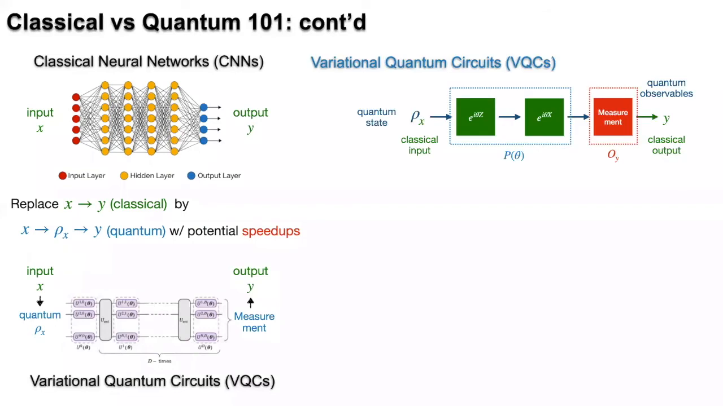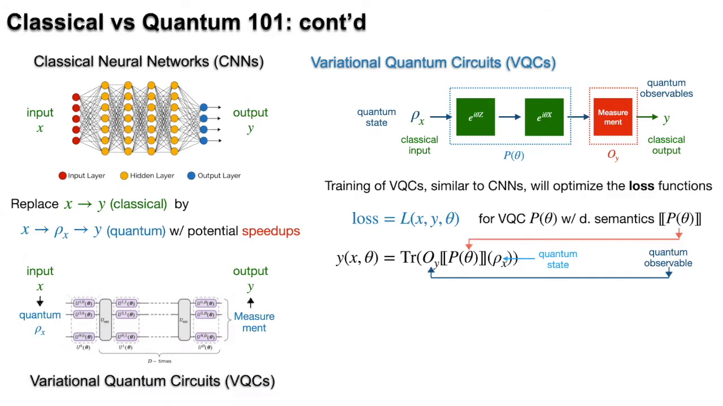Variational quantum circuits exactly model this, where we use classical parameters to parameterize those unitary operations in the quantum setting. Like classical neural networks, in order to train over those parameters for the variational quantum circuits, we need to optimize the loss function. The loss function L here depends on your input X, your output Y, and theta. However, for the quantum setting, the